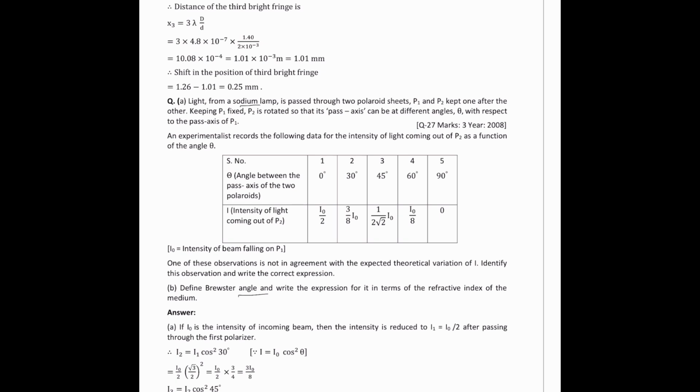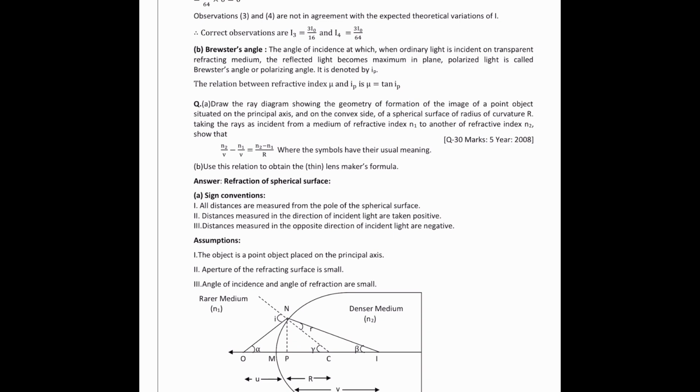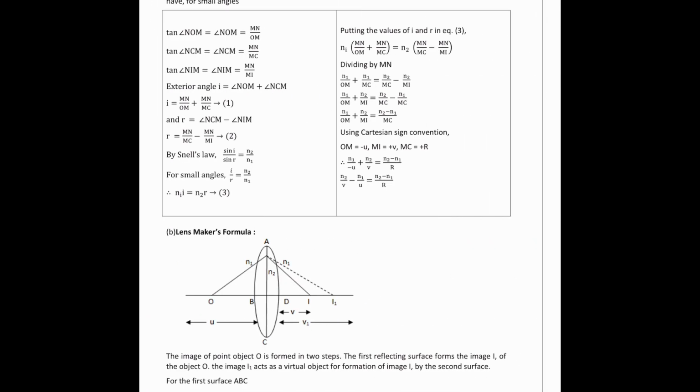This sodium lamp light is passed through the two polarimeters P1, P2 kept. Okay, keeping P1 fixed, P2 rotated. This also we have already explained. For different angles of incidence, the values are calculated. That's all. Same Brewster angle and Brewster law. This is a repeat question. Lens-Maker formula we have done. So this almost completes our